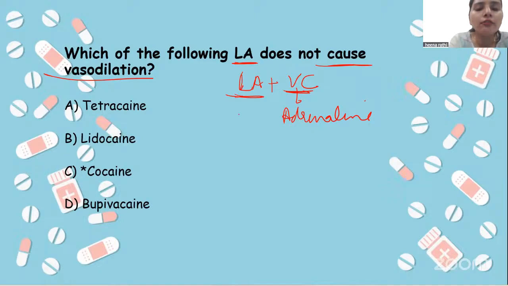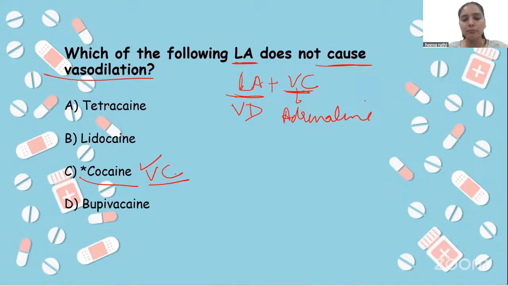So we have to add the vasoconstrictor adrenaline. Apart from cocaine. Cocaine is not a vasodilator, it is a vasoconstrictor. Because of that, it has respiratory distress effects, and we are no longer using cocaine for